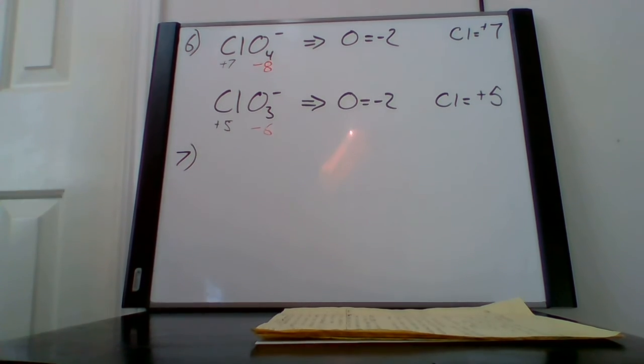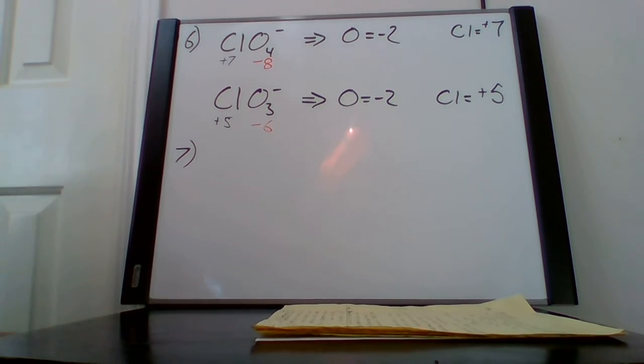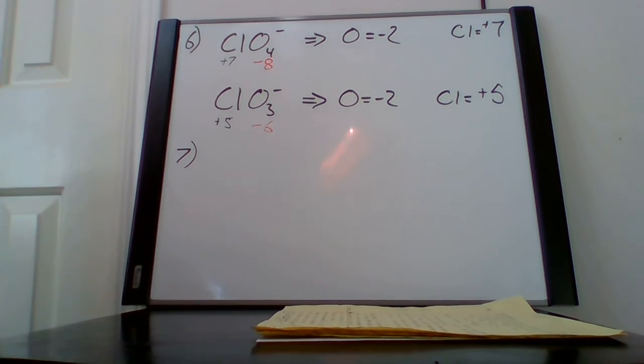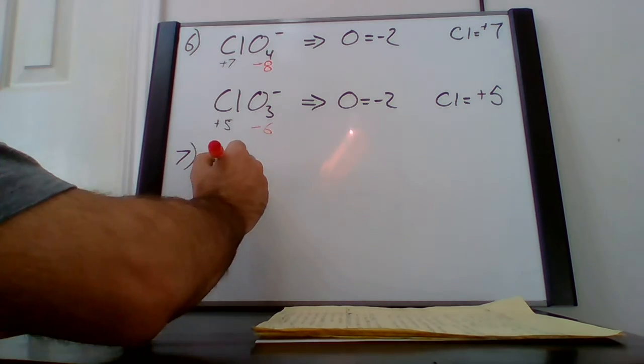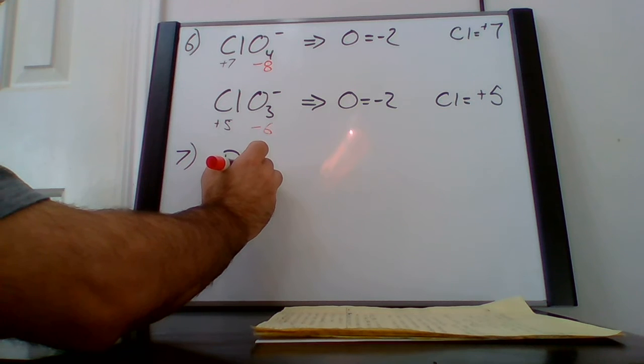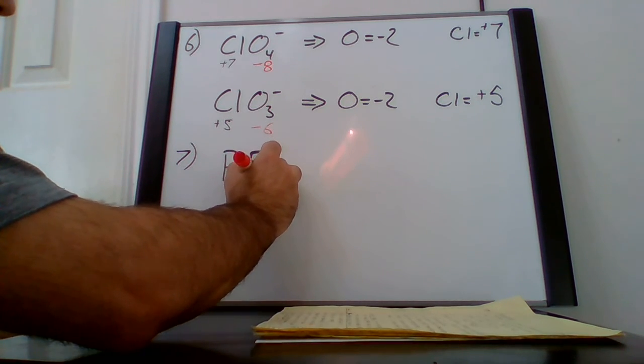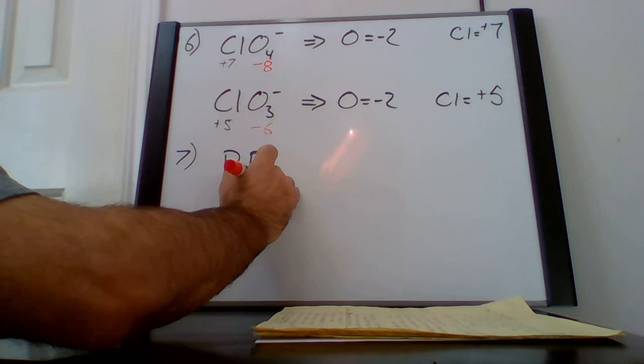Number 7. This is more for when we are dealing with our covalently bonded compounds. Now we normally don't think of them as having a charge, but when we're talking about these redox reactions and I'm trying to understand which species are undergoing reduction and which species are undergoing oxidation, we still want to assign oxidation numbers, or these ionic charges, if you will, to these covalent compounds. So if we're looking at, say, a compound of PF5, okay,